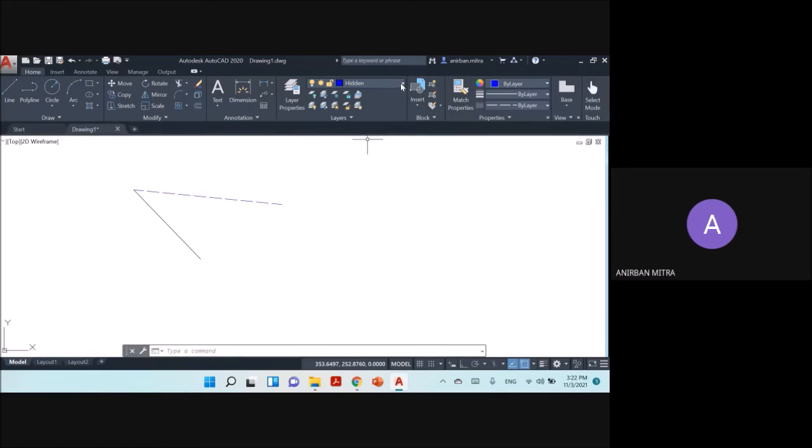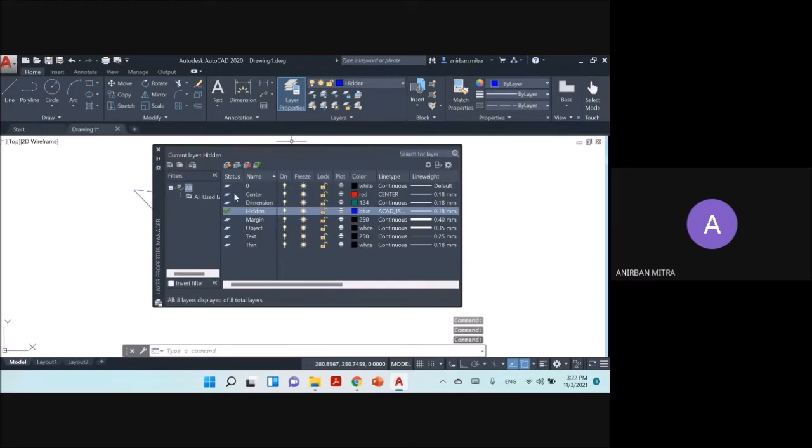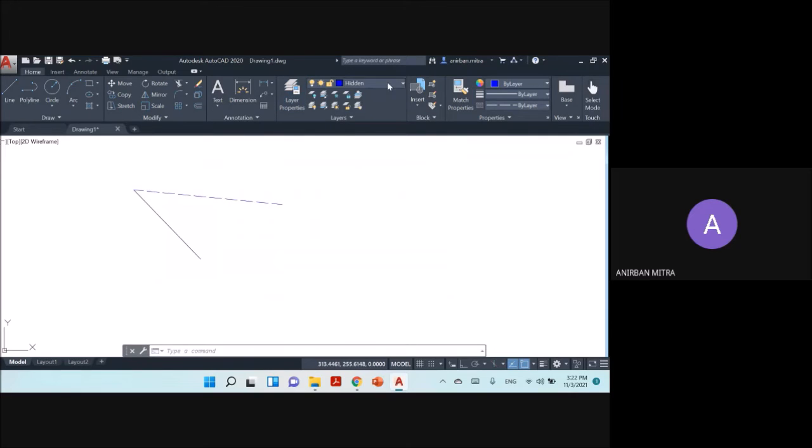So if you want to change the layer, you can either go here and double click on the appropriate layer name to designate it as the current layer, or you can simply select it from the drop down list. If I make it center and then go here, now you can see that it is a center line.